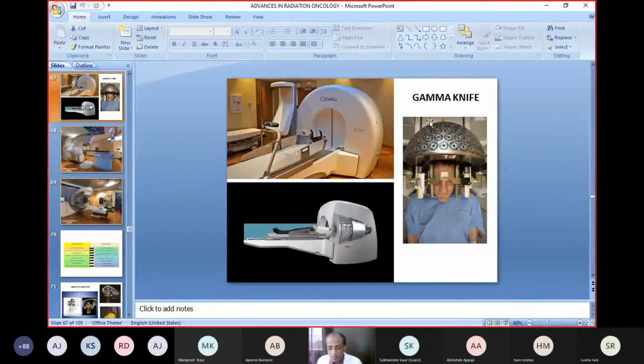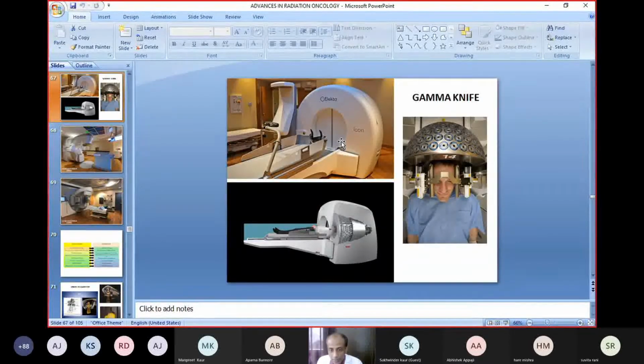Then there is another unit called gamma knife, which is also used for cobalt therapy treatment. This is used in brain tumor cases, very small tumors in the brain. There are multiple radioactive telecobalt sources, each one a channel for the radiation dose to enter the brain of the patient. This is a very complex treatment, and is available at PGI, Postgraduate Institute, Chandigarh. Selected patients are treated on this where it is required. So these are the two equipments in which the telecobalt source is used. With the help of gamma rays, we treat the patient.